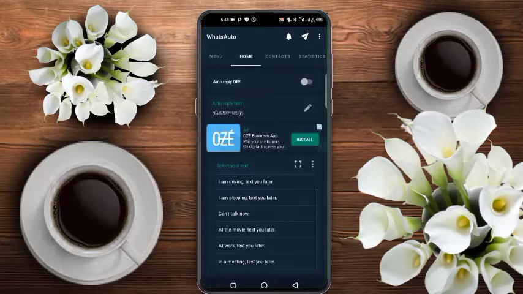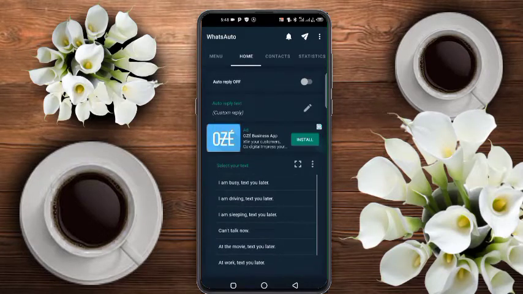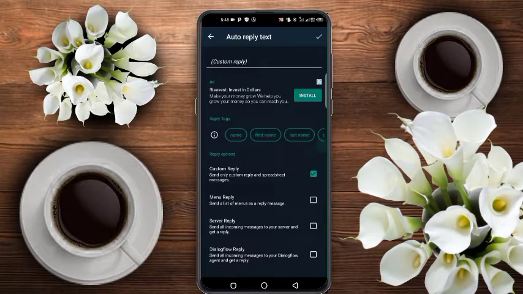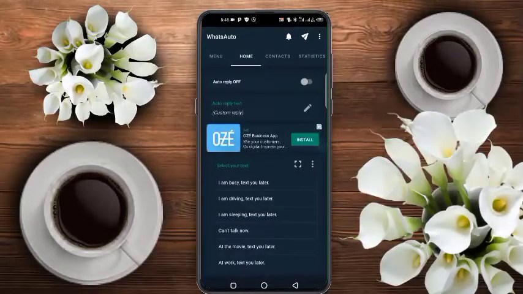So let's go back to the home page. It's telling us to select our text here. We can select all this. It has changed our custom reply now. But if I want to set it again, I'll just click on this place again. So let me go there, then I'll go back to select my custom reply. I'll urge everyone here, once you download this application, to subscribe to the application and